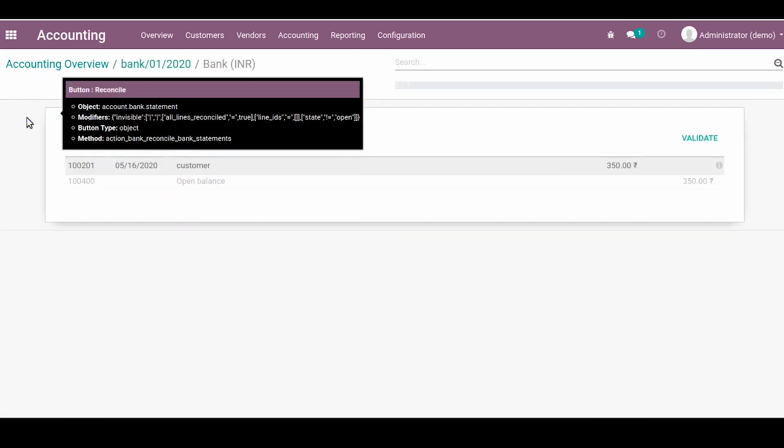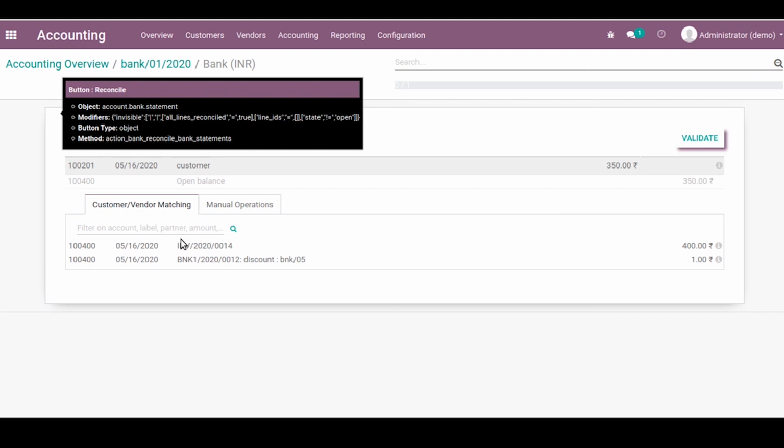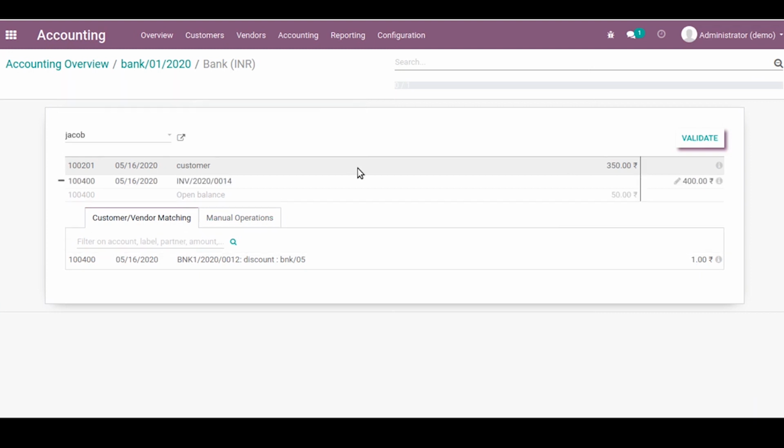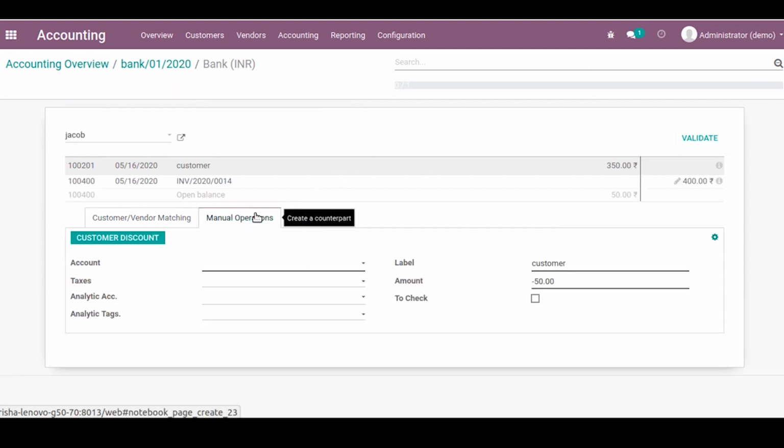Now click on the reconcile button and add the invoice line. Now we can see in the manual operations tab the customer discount button.